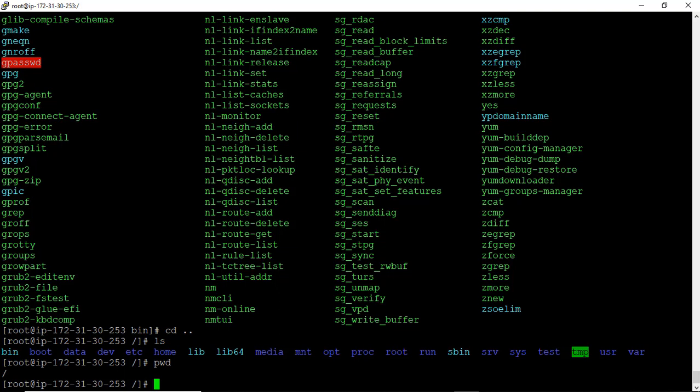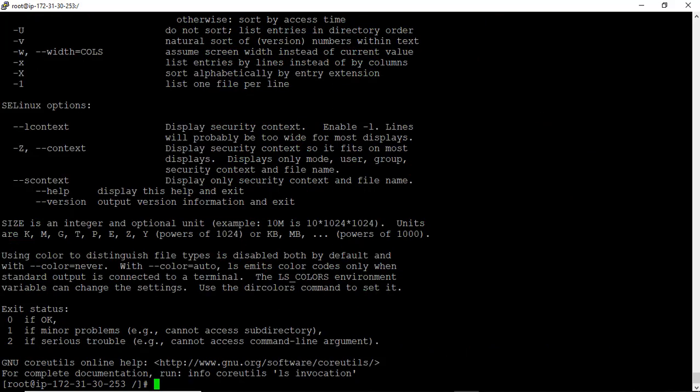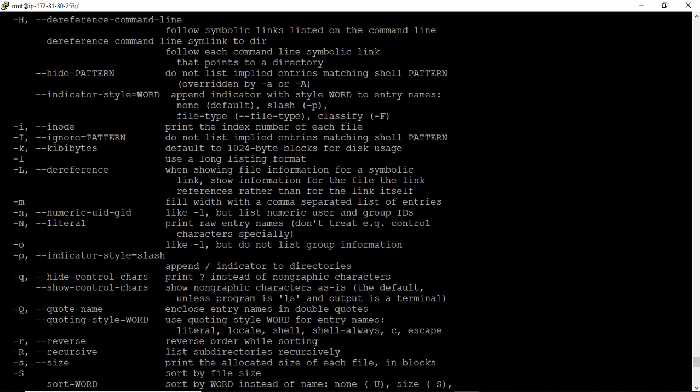So the ls command is very useful. If you want to get help on what options are available in ls, you can use ls --help, or you can use man. Two options are there, one is man and one is help. You can simply search.